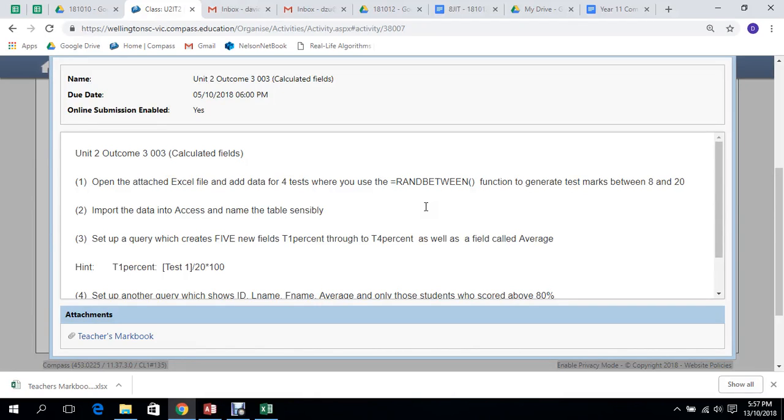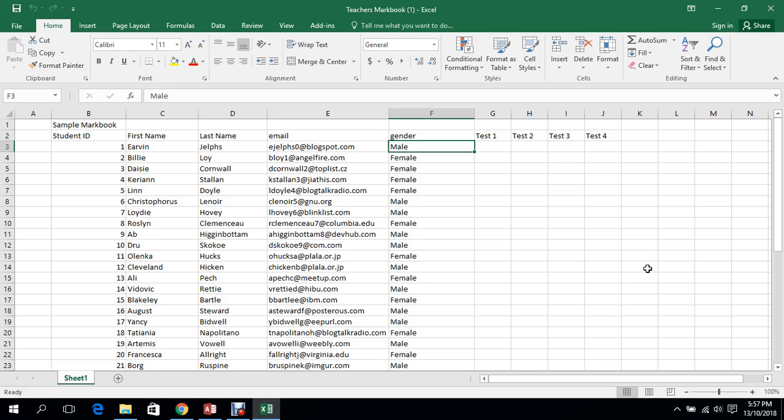Okay, now let's have a look at learning task 003, calculated fields. So it says open the attached Excel file, there it is there, and add data for 4 tests where you use the RANDBETWEEN function to generate test marks between 8 and 20. Now the RANDBETWEEN will generate a random number between 8 and 20 inclusive, so you could get an 8 and a 20. So let's go in, I've got the file loaded already into Excel, and I'll just type in